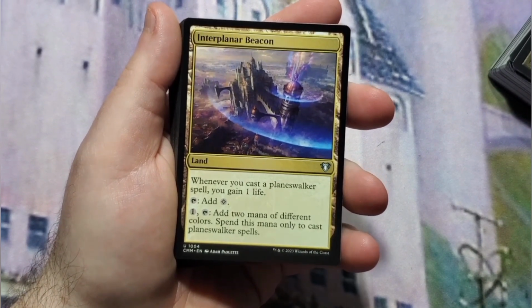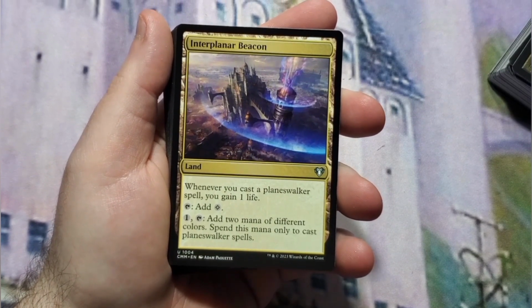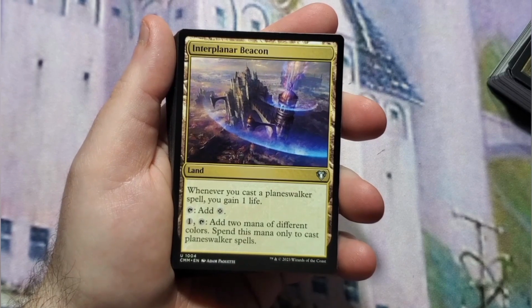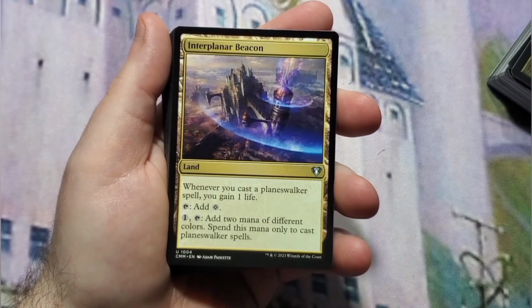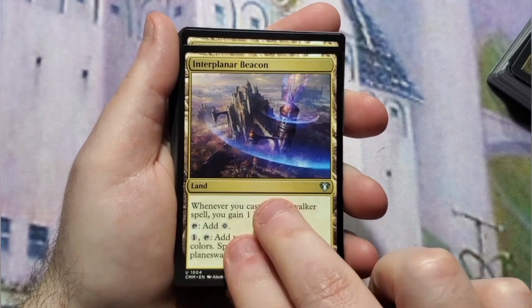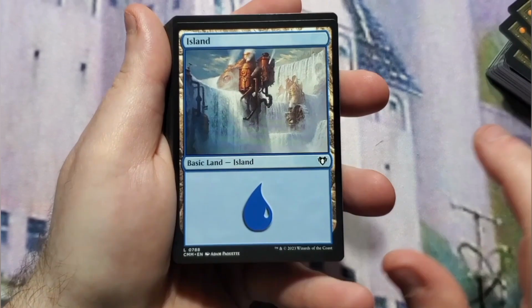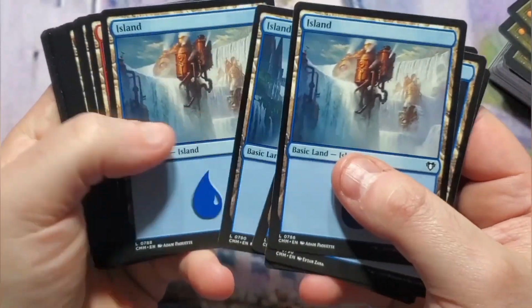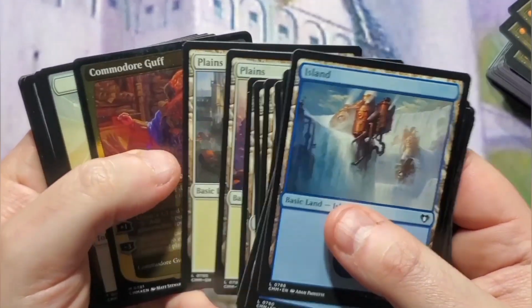Interplanar Beacon. Whenever you cast a Planeswalker spell, you gain a life. You can tap it to add a colorless, or you can pay 1 and tap it to add 2 mana of different colors and spend this mana only to cast Planeswalker spells. So I actually had this in my version of a Super Friends deck as well. Mystic Monastery. Looks like we're going to hit the basics, so islands, mountains, plains,